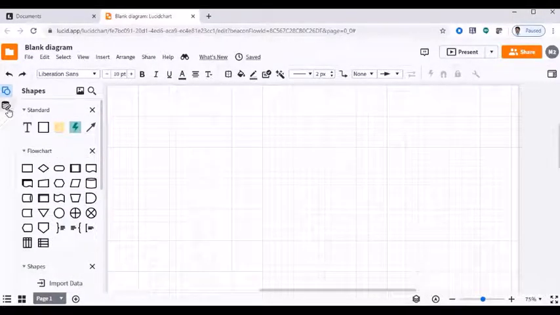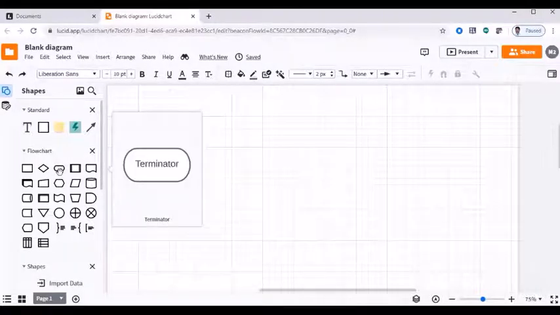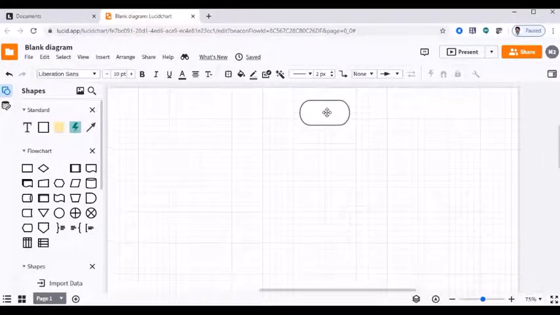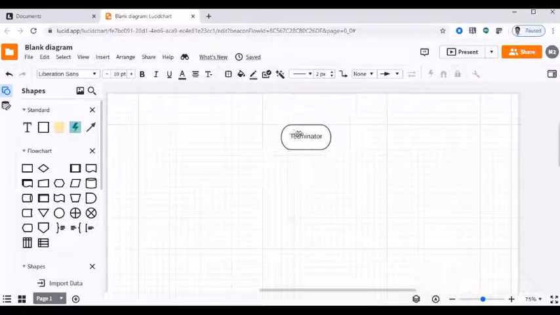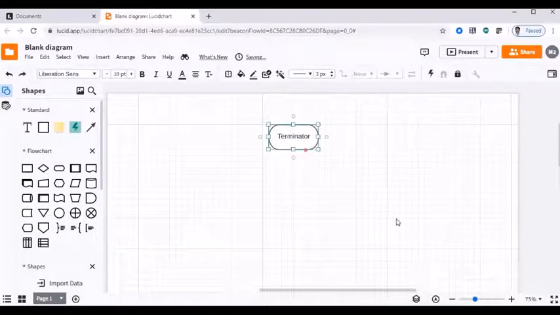It is not only flowcharts. You can go for some other diagrams also, like Venn diagrams or whatever diagrams you need. So first let us demonstrate the flowchart creation. Now we are going to do the same exercise.